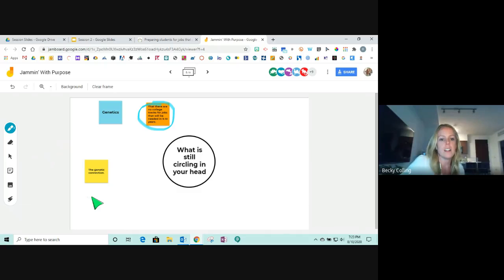There are no college tracks for jobs that will be needed in 5 to 10 years. So really, although it may not look the same, there are ways that we can still prepare our students. That's why we say 21st century learner, but the reality is we're 20 years into the 21st century. We are more focused on how to prepare our students for those jobs that don't exist, those jobs in technology. I can't think of one single job in the next 20 years that won't include technology of some sorts,